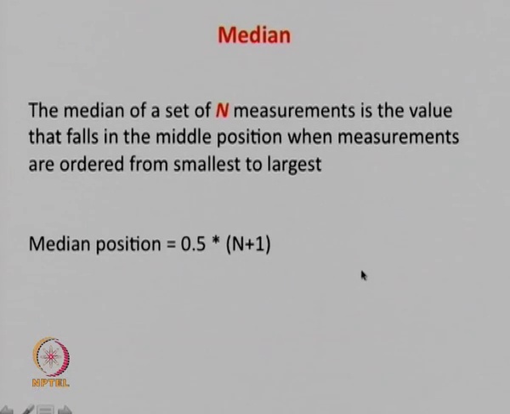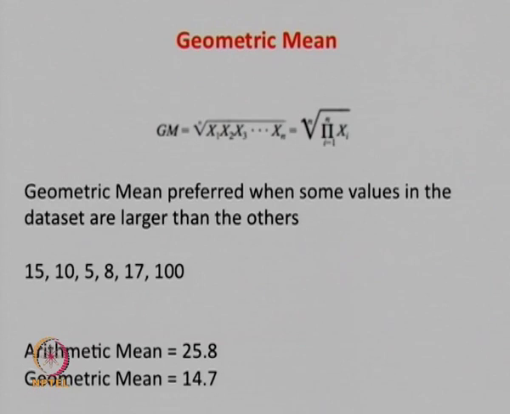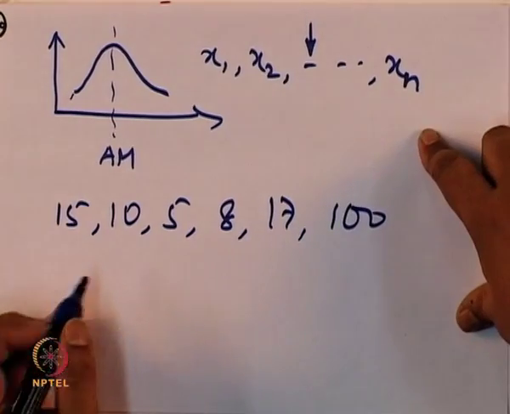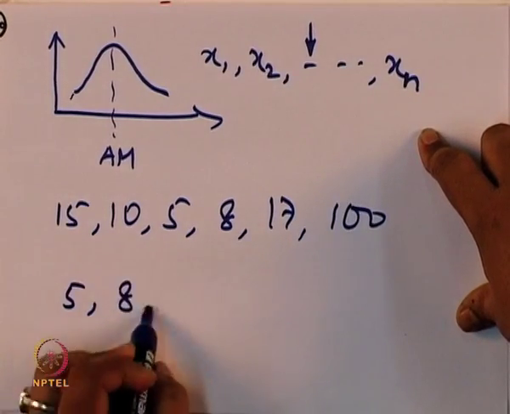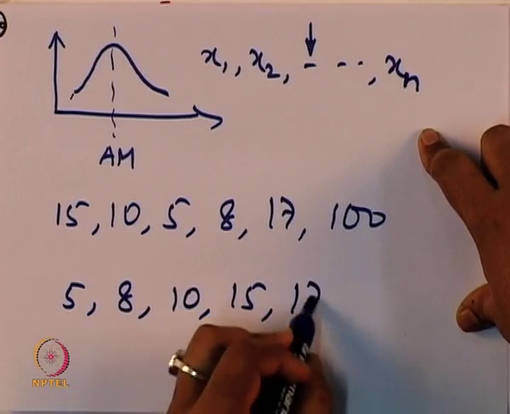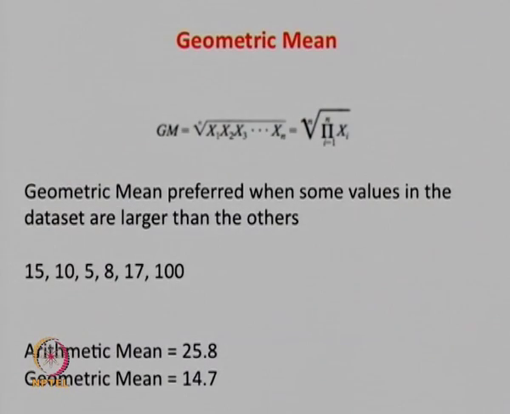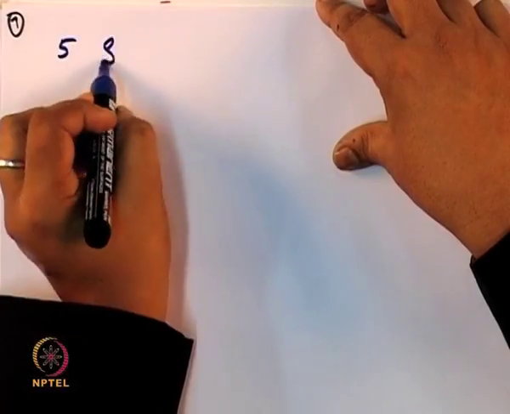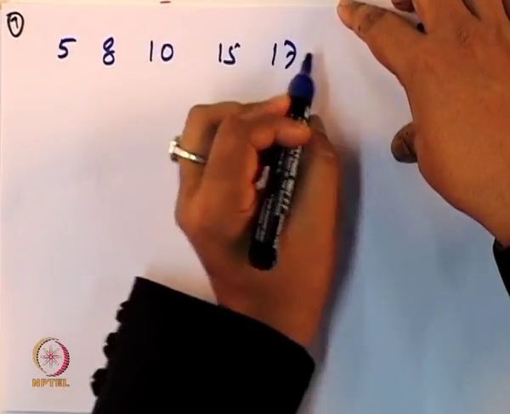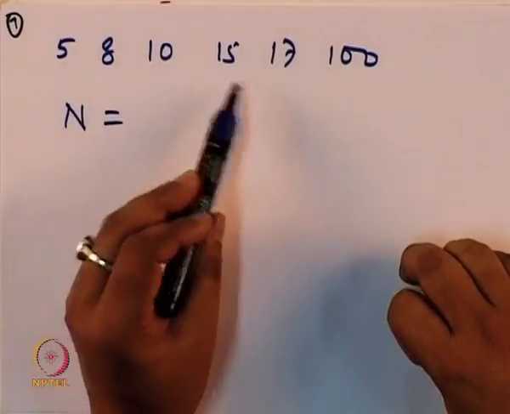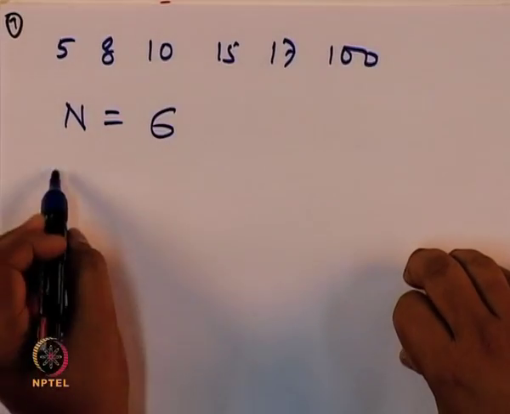Let us do the previous numbers. If I go back to the previous slide, my numbers were 15, 10, 5, 8, 17 and 100. If I sort them and write them together: 5, 8, 10, 15, 17, 100. This is a sorted list. What is my n? n is the total number of numbers I have, which is 1, 2, 3, 4, 5, 6. So, my median position